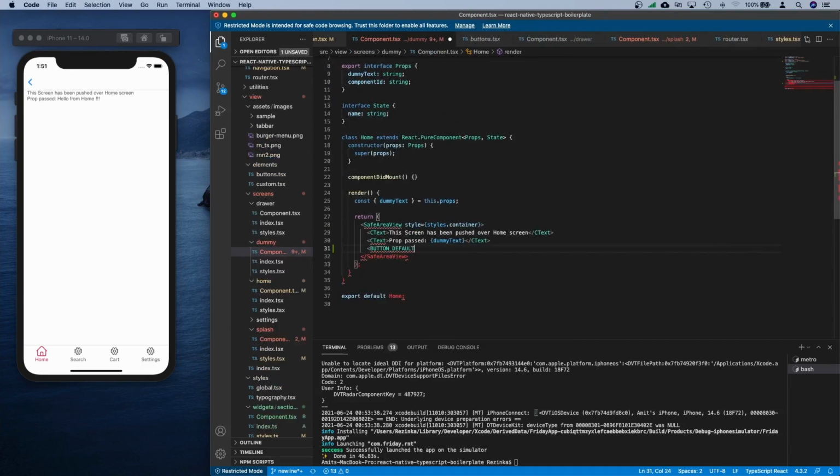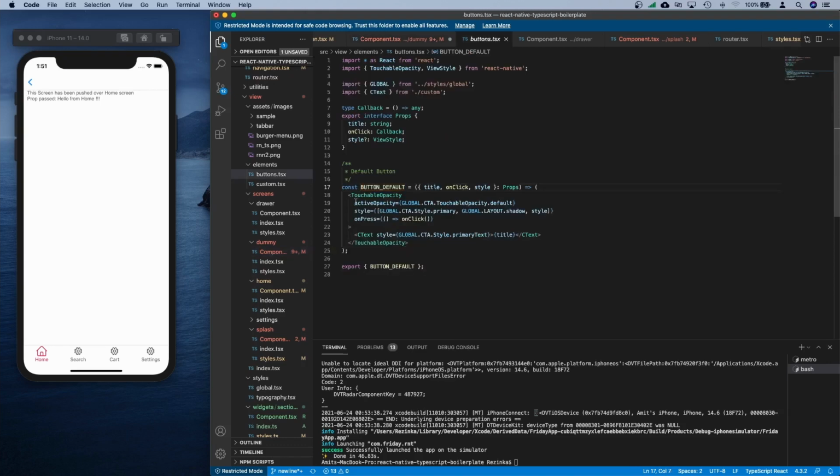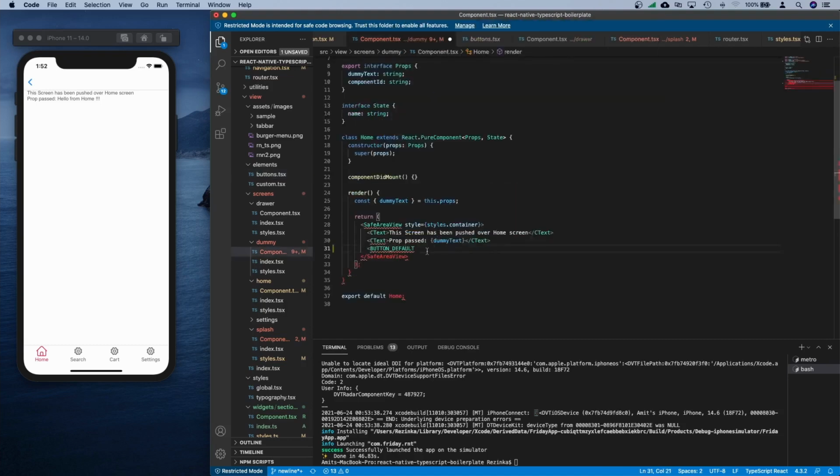We'll talk about elements and widgets in our design system lesson, but for now it's a default button that we have configured for our application with some default styling, and the text we passed is shown. So we'll just say title equals go back,